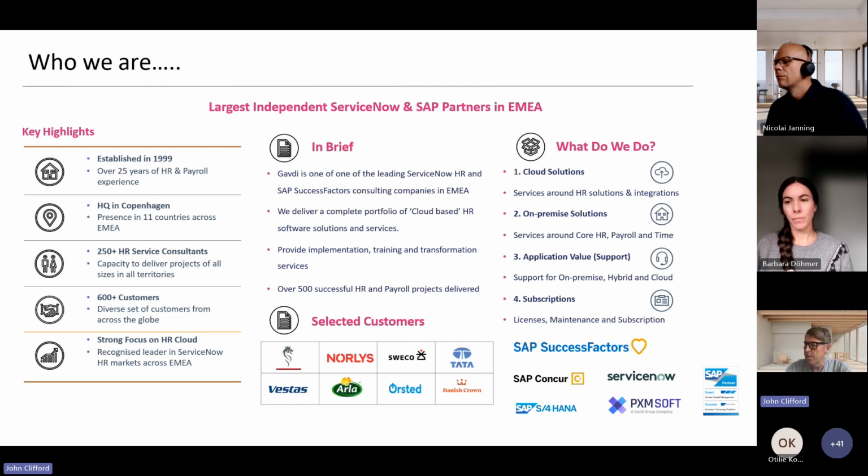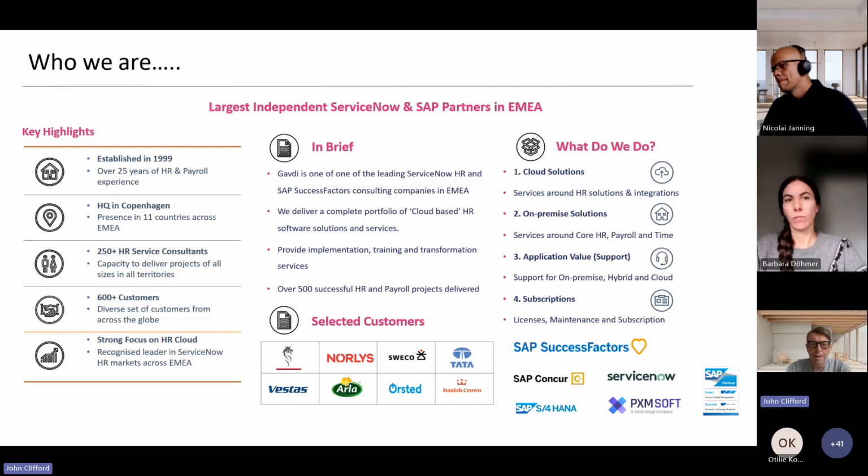Also, I think fair to say over the past few years, and a lot of this really has been driven by customer demand, our customers really are looking for what we would describe as total workforce management solutions. As a result, we now have strategic partnerships with the likes of ServiceNow, SAP Concur, Kronos, just to mention a few.